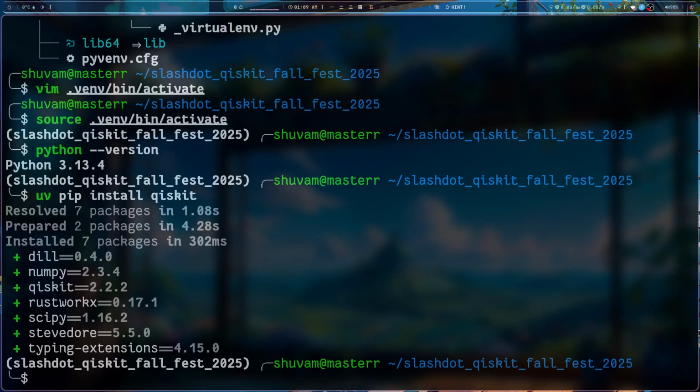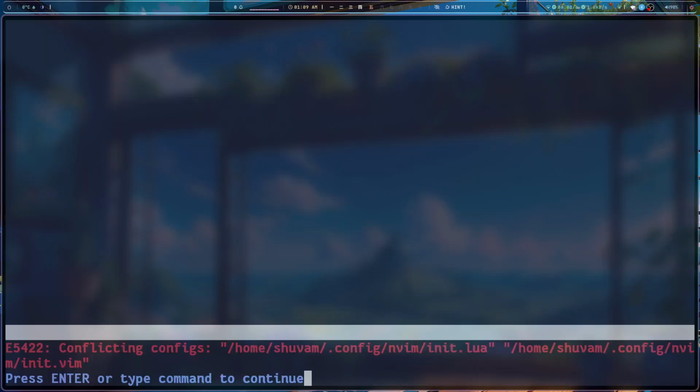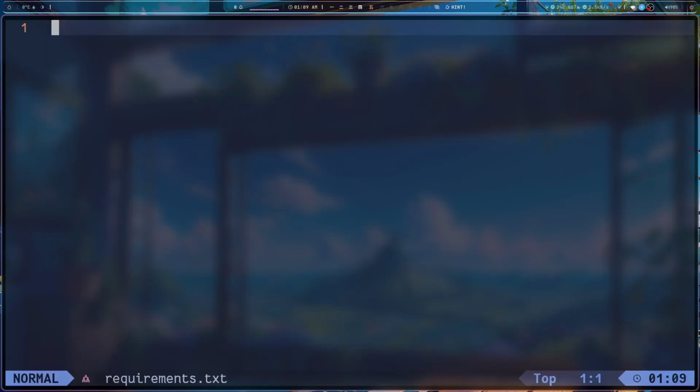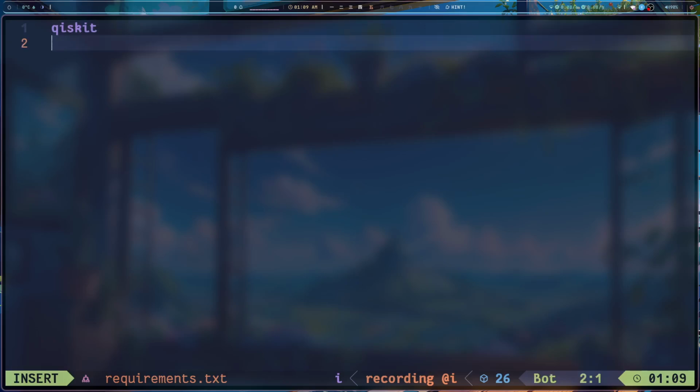The requirements.txt is just a simple text file. You can even create your own requirements.txt by using vim requirements.txt, and inside vim you will basically write qiskit. Then what do we need? We need Qiskit, and we need other things. Let's say we need